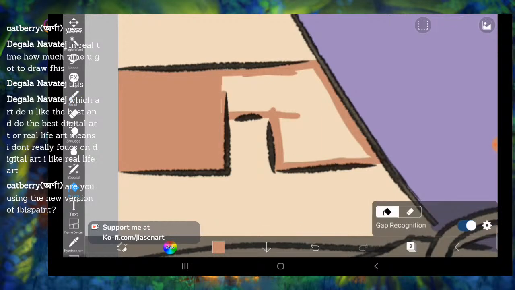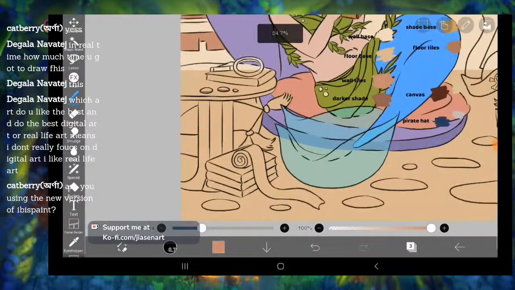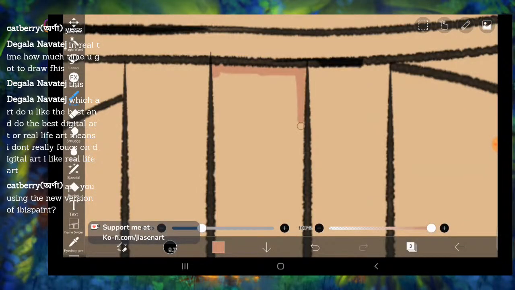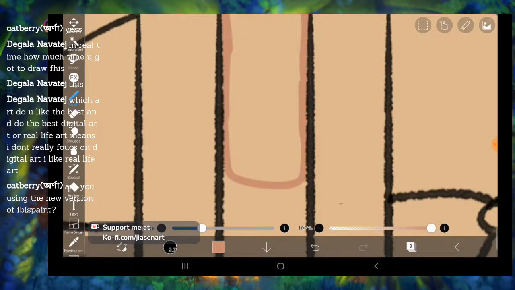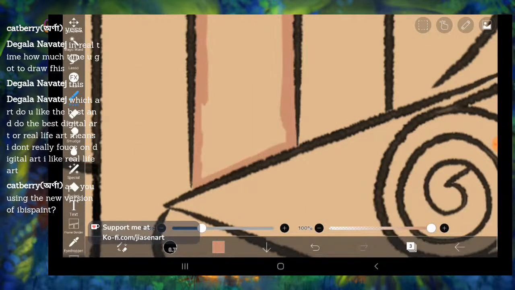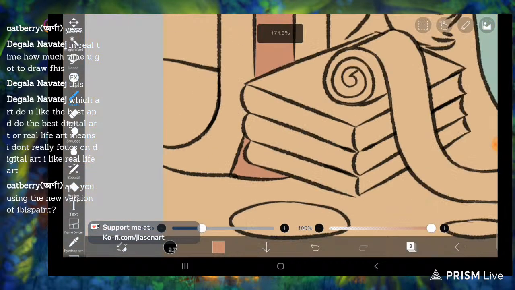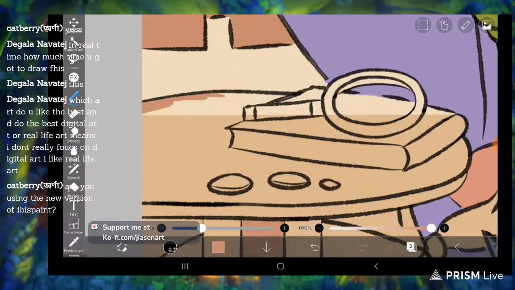I'm just using simple brushes, bucket, and yeah, that's it. And Navatej, I really don't get what you mean. What kind of art? Which art do you like best? Oh, you mean traditional art versus digital art, right?